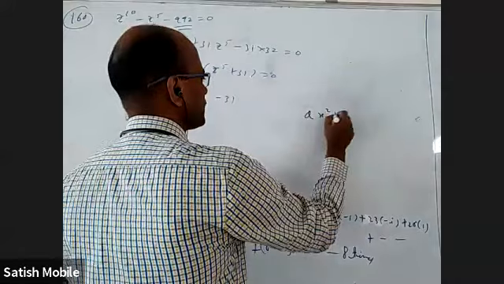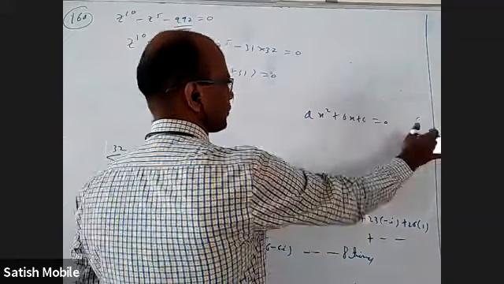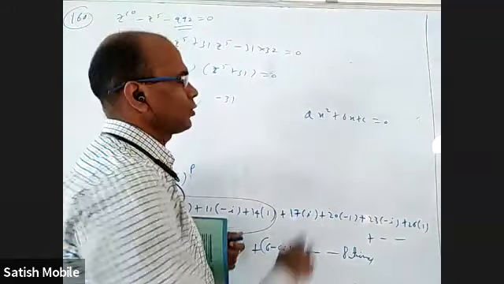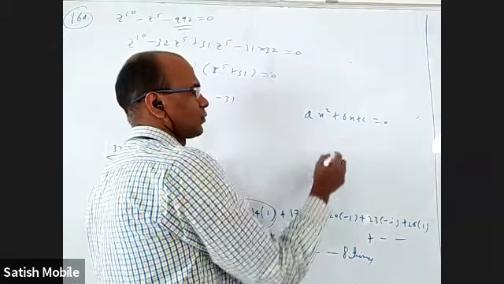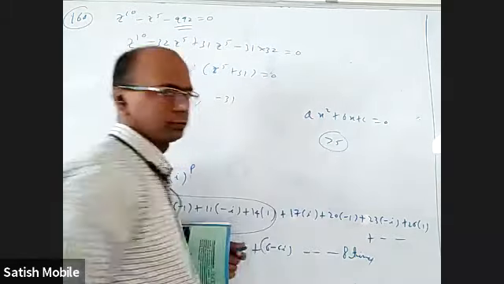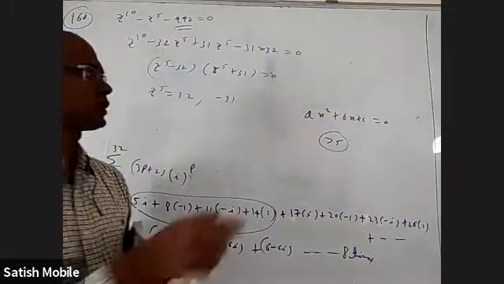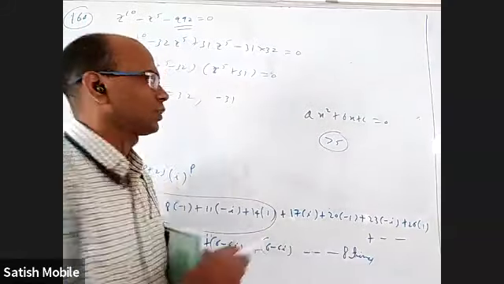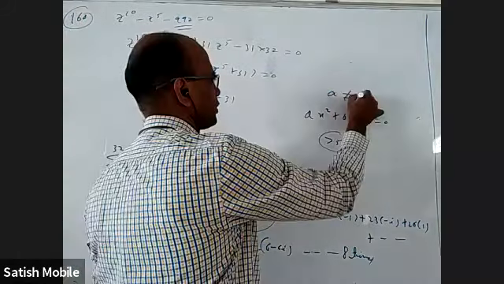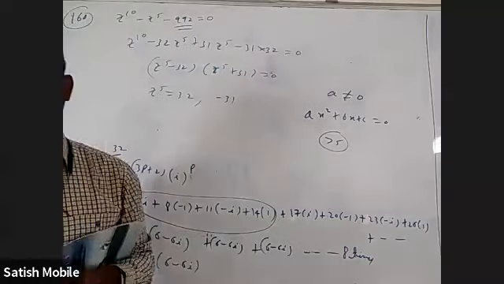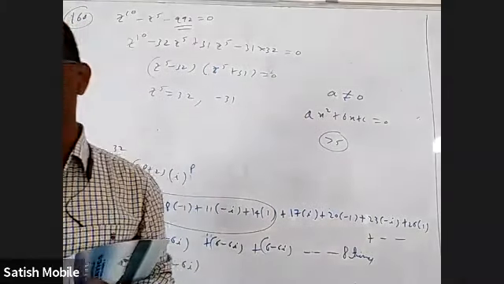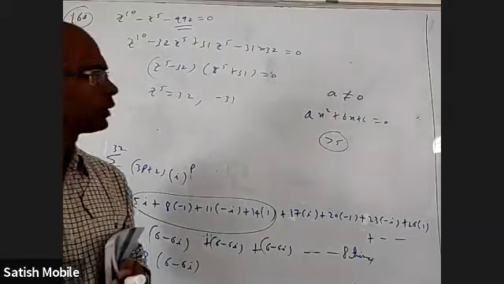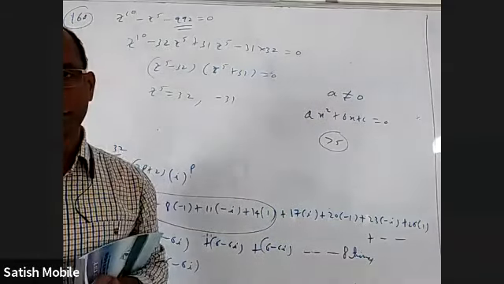Okay, let us say ax square plus bx plus c equal to 0. I want both roots of this to be greater than 5. This is a quadratic equation, a not equal to 0. What is the condition for this quadratic equation to have two roots which are both more than 5? Anyone want to give an idea how you are going to check?